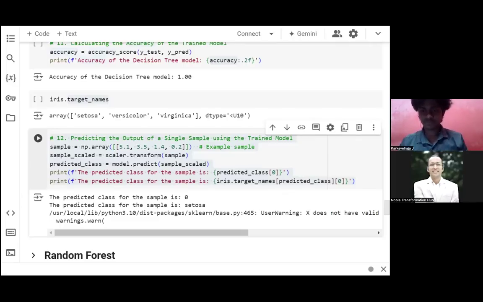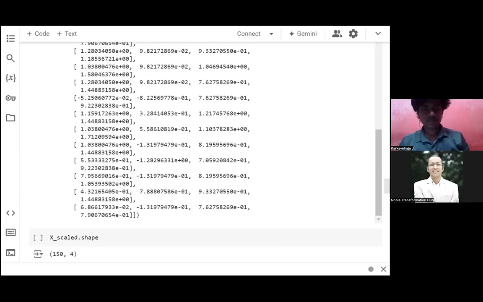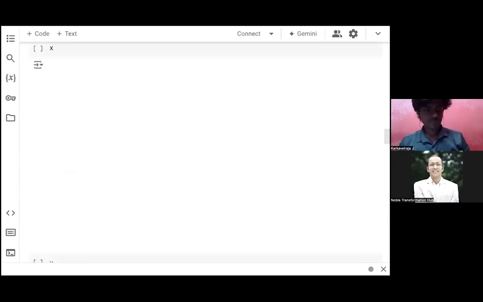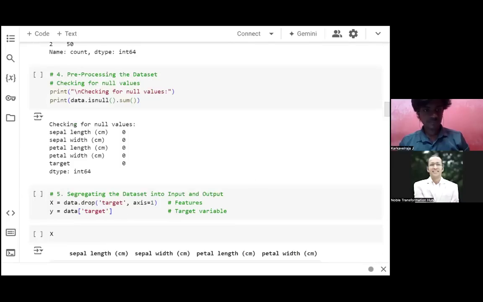So you can do this assignment, you can see these steps, you can use the data set. This data set is available, Raja, it is an inbuilt data set. You guys can use this inbuilt data set and start making your first project on machine learning